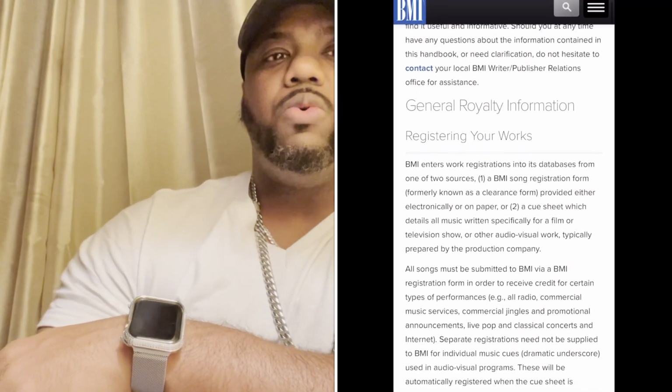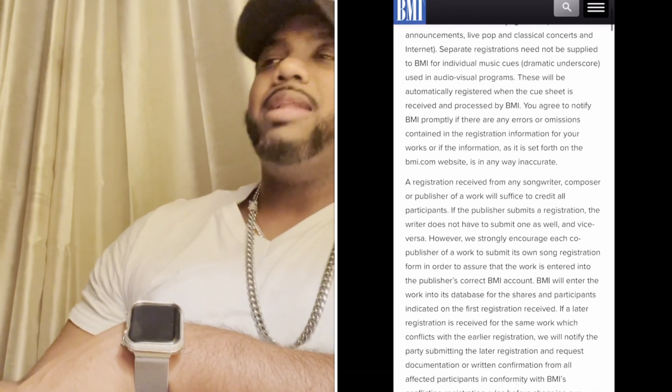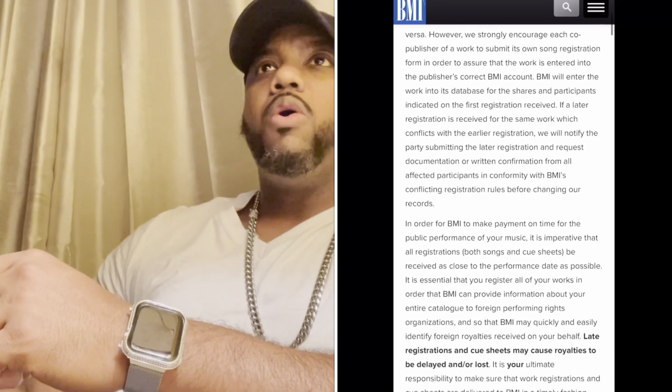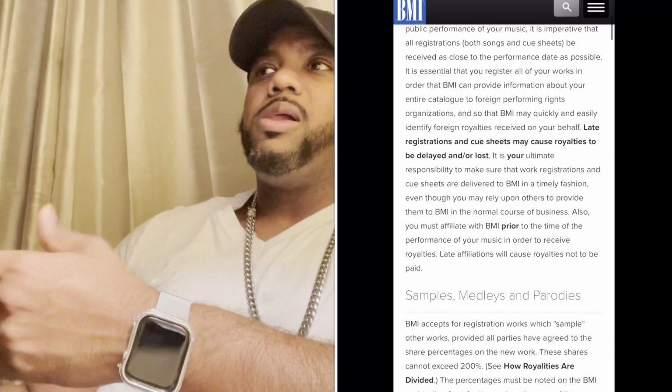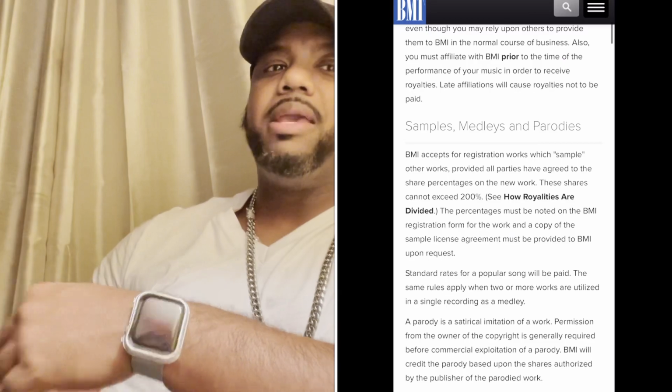And also, those companies pay you too. When you're an affiliate of BMI, and let's just say a radio station plays your songs, that comes up in a database that BMI keeps track of. So it's very important to register, because if your song is on the radio, you will get paid, because you're under that publishing company that tracks down people that play their songs, and that music is registered with that publishing company. So that's great too. That's another way to make your income. And a lot of people don't know that.